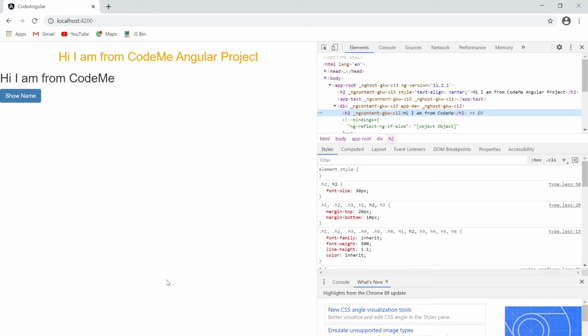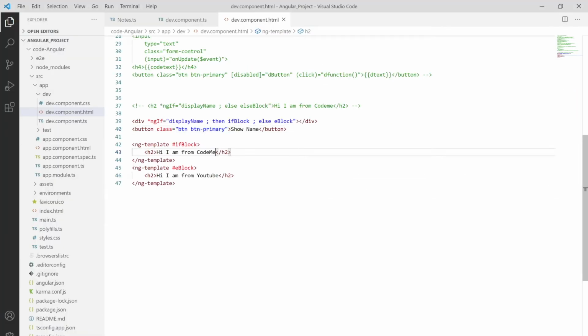You can see, okay, now here I'm writing my name, which is Hari, and I'm putting hi Hari, and here I'm showing name is hidden. Let me save this thing, and if this condition is true, then it will show my name. If this condition is hidden, then it will not show my name.